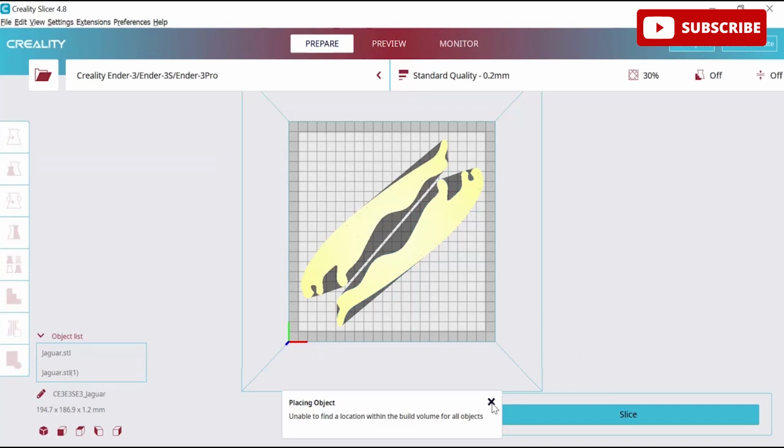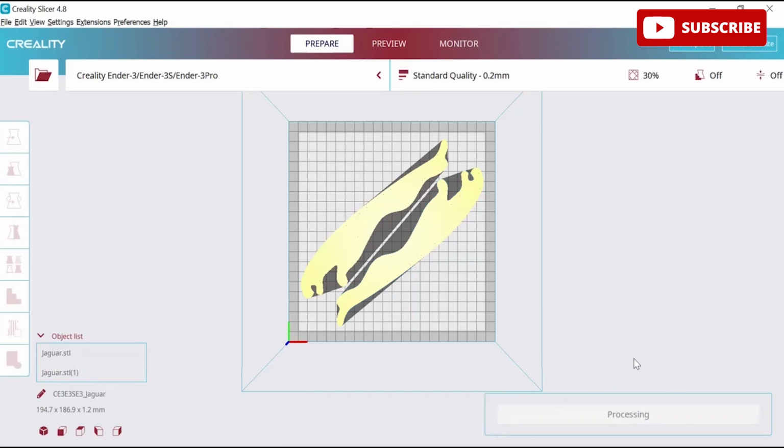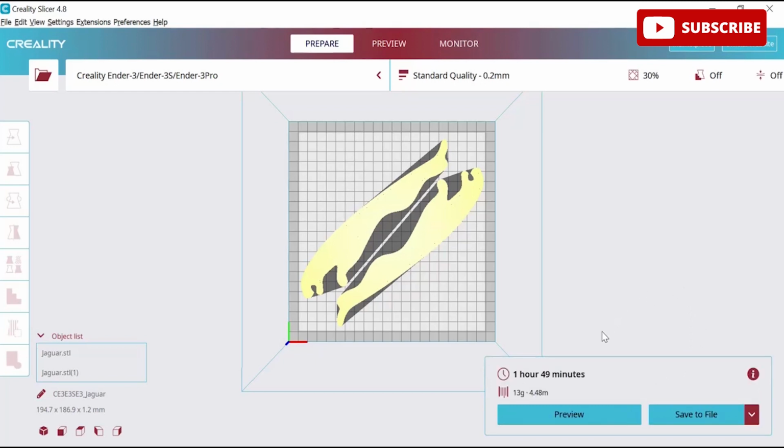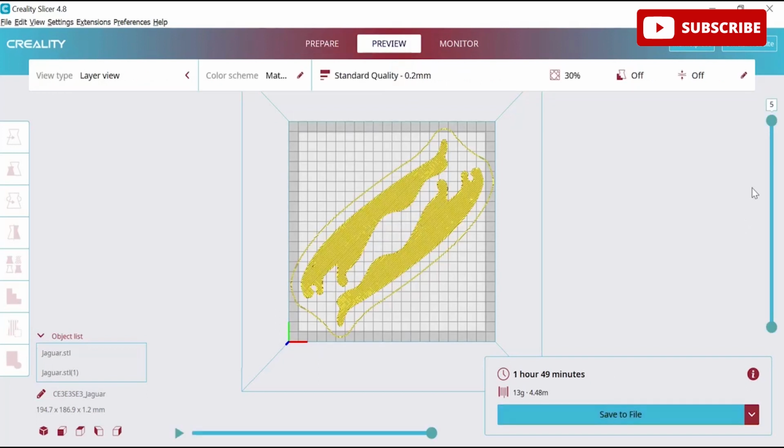Now let's slice so that we can see how much time it will take to print. So here it is showing 1 hour 49 minutes, 13 grams of PLA will be used, and this is the size dimension which will be consumed over here, like 4.48 meters. So let's preview. So here we can see the preview, how it will start printing and how it will print the entire